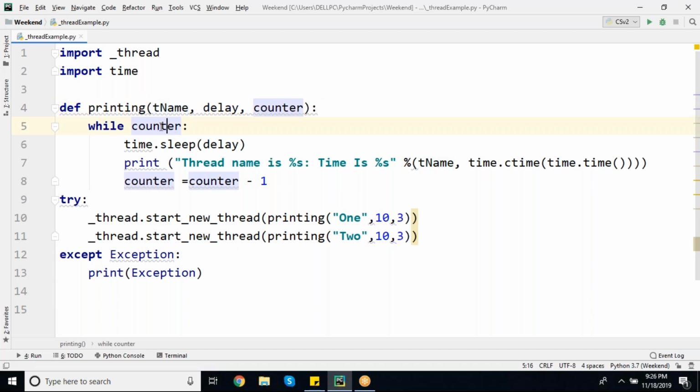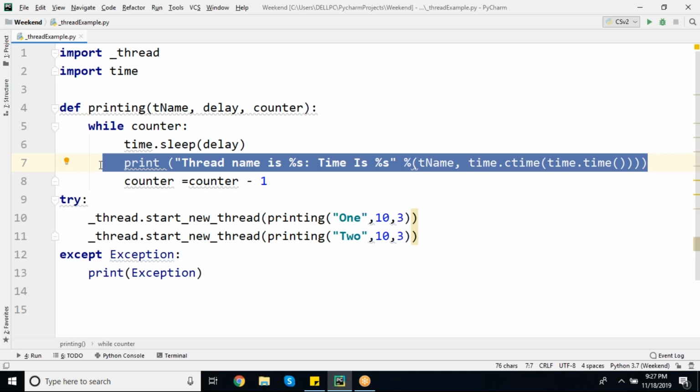First the counter is 3. We are making it sleep for 10 seconds. After that we print. The first s will be replaced with the first parameter, so the thread name will be printed. Time is the second s, replaced with the second parameter, so the current time will be printed.